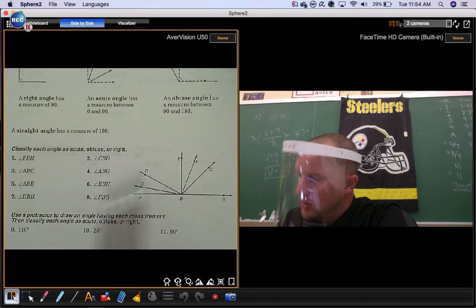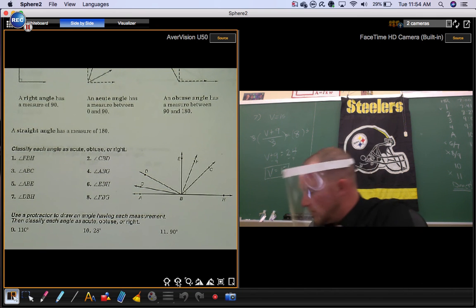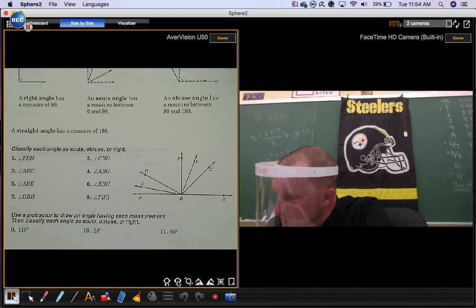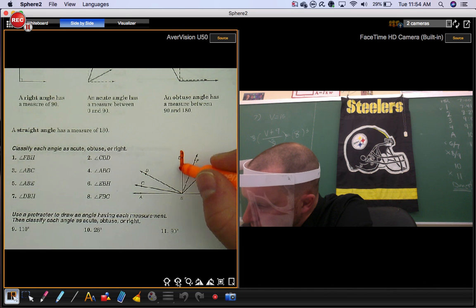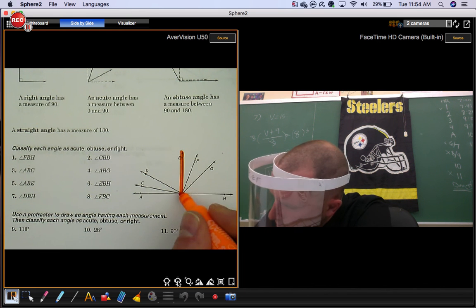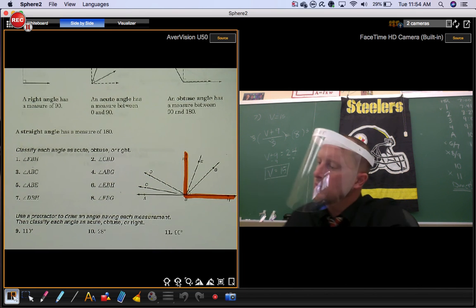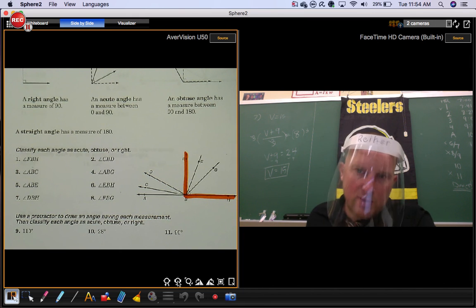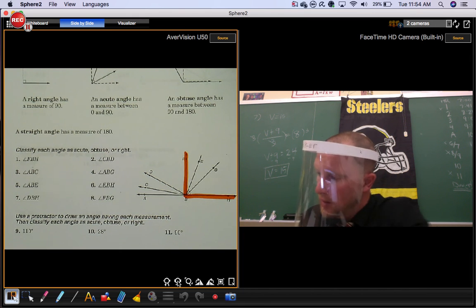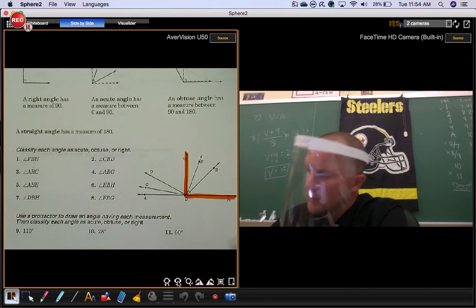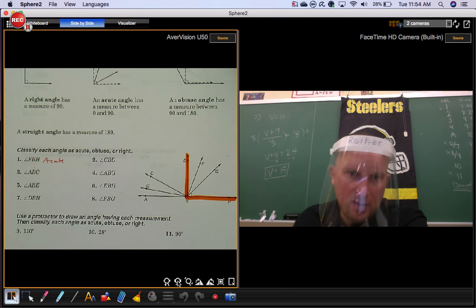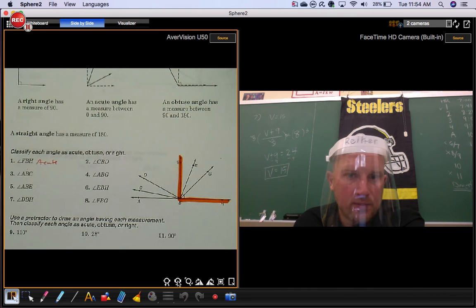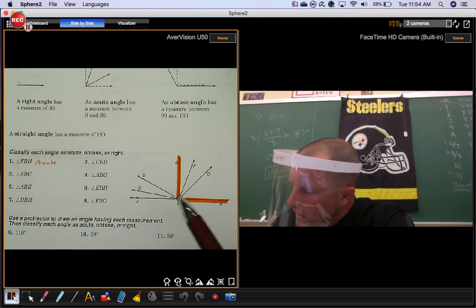So notice how, actually I'll use a highlighter here to highlight the right angle. That orange angle is a right angle. Angle FBH clearly lives inside of that, so that would be acute. That means its measure has to be less than 90. Number 2, angle CBD